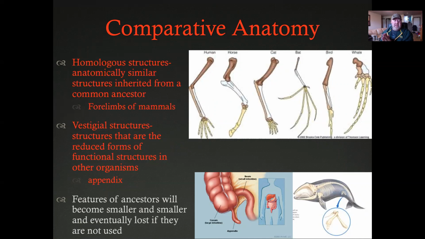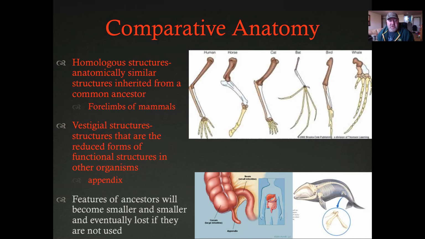Vestigial structures is something that's kind of interesting to talk about, because those are structures that have a reduced form or function, like a human appendix. Now, probably you guys know somebody that has had their appendix taken out, or an appendix that's ruptured. The appendix for a human being does absolutely nothing, okay? It had to have done something in the past, because otherwise our body wouldn't have it, right? No organism is going to develop something just for the sake of developing something. It has to have had some function at some point in that organism's history. So we're going back millions, hundreds of millions of years, whatever.